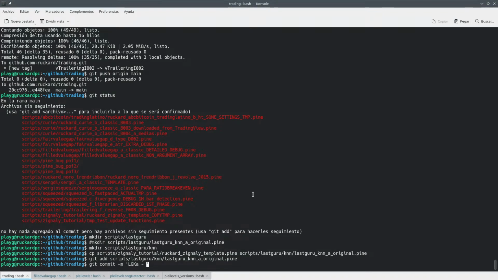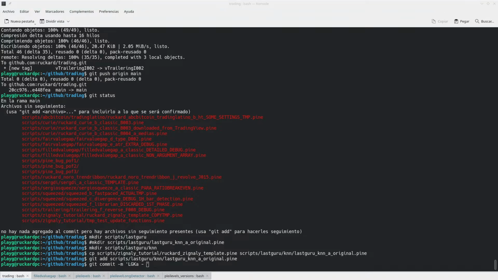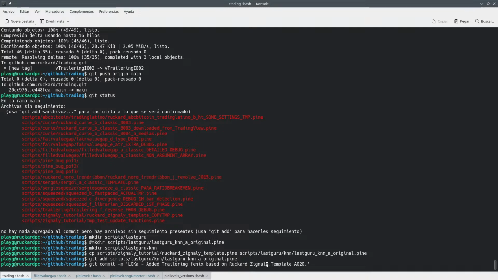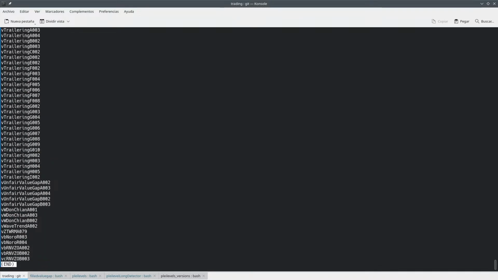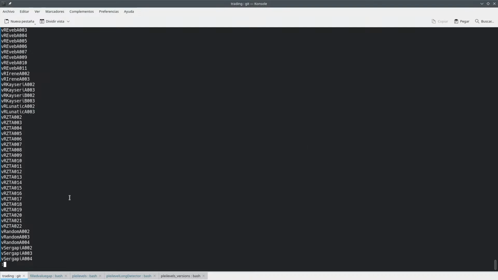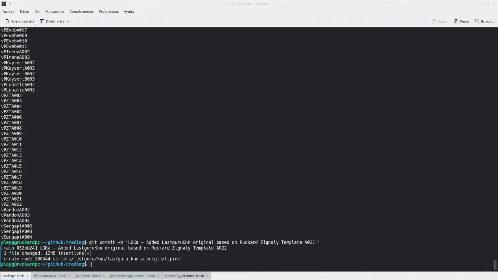Okay. Let me see. So we can say something like added lastguru KNN original, based on the last template, which I don't remember which one it is, but yeah, this is template number 22. Look at that, A22. Okay, now